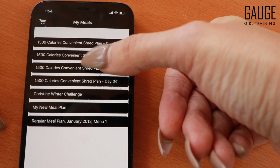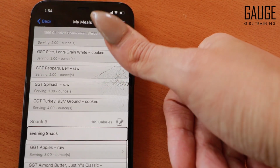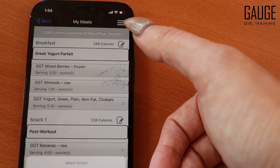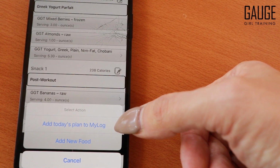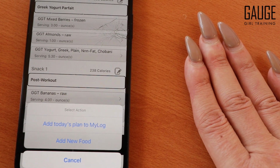So let's say here I wrote myself a 1500 convenient shred plan day 3. And you can see I have everything in here. And let's say I'm following that for the day and I don't feel like tracking stuff. Well, all I got to do is hit this thing here and it tells me add today's plan to my log, and then boom, it'll populate it for the day. So very, very, very powerful, convenient,